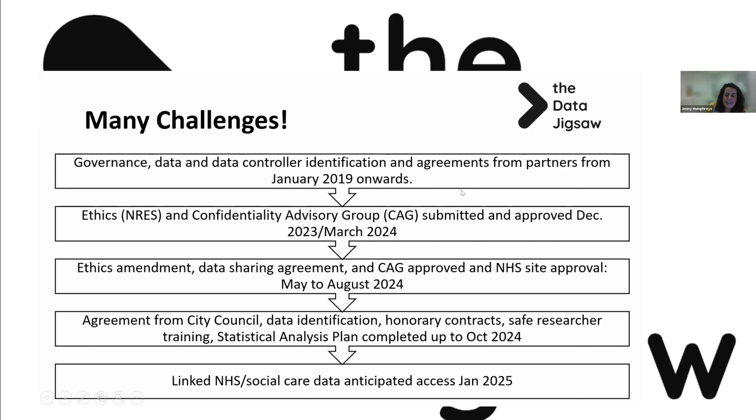So this study really highlights some of the challenges that we've had across Jigsaw. We've been trying to get governance approval for this study for over five, coming up to six years now. And this slide takes you through some of the hurdles that we've managed to get across. And we're really hoping that we will gain access to the data and be able to start doing some analysis